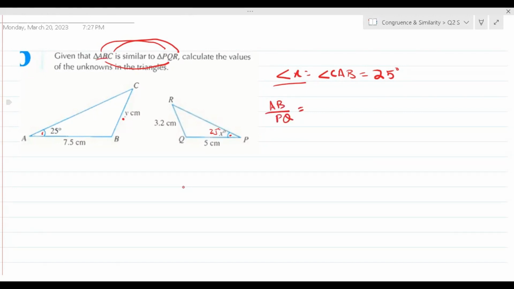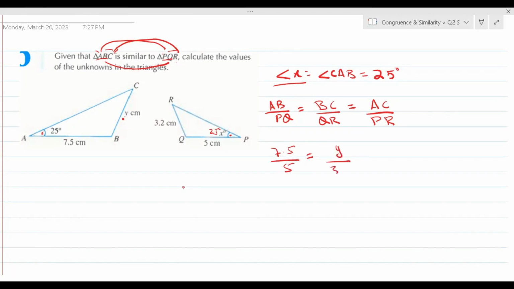ये कैसे बनाती हूँ मैं पता है, ये देखो, ये AB है पहले दो, ये PQ है पहले दो। सेकेंड वाले में मैं लेती हूँ ये BC और ये QR, तो ये आ जाएगा BC over QR। फिर थर्ड वाले में मैं फर्स्ट एंड थर्ड AC over PR, ये मेरा थर्ड रेशो आ जाता है। ठीक है, अब इनको सॉल्व करने के लिए AB की लेंथ 7.5 है upon PQ की लेंथ 5 है, equals BC की लेंथ is y upon QR की लेंथ है 3.2।